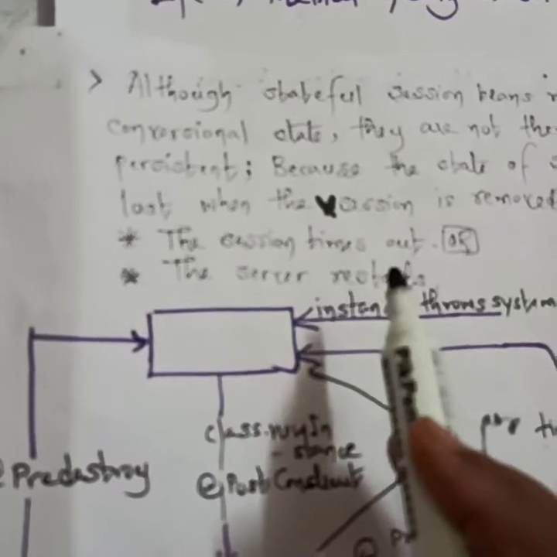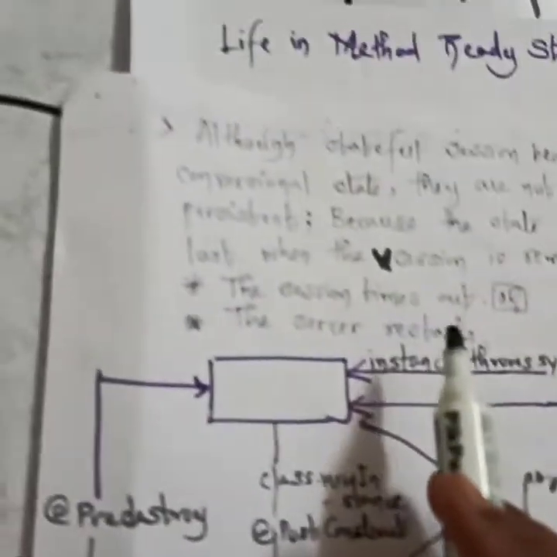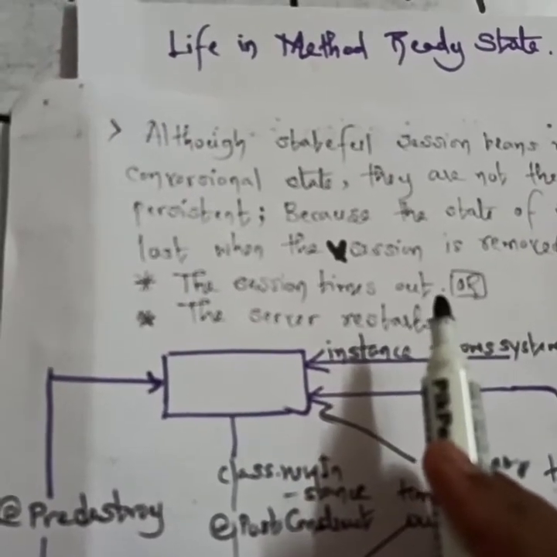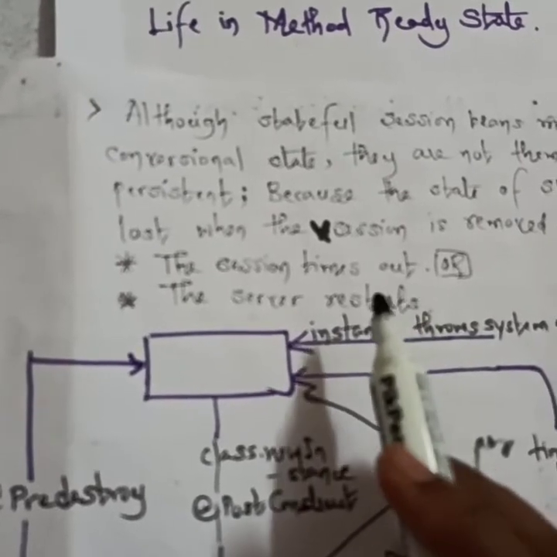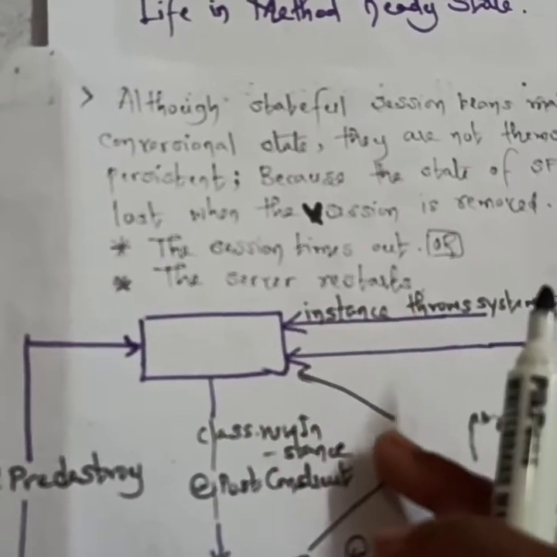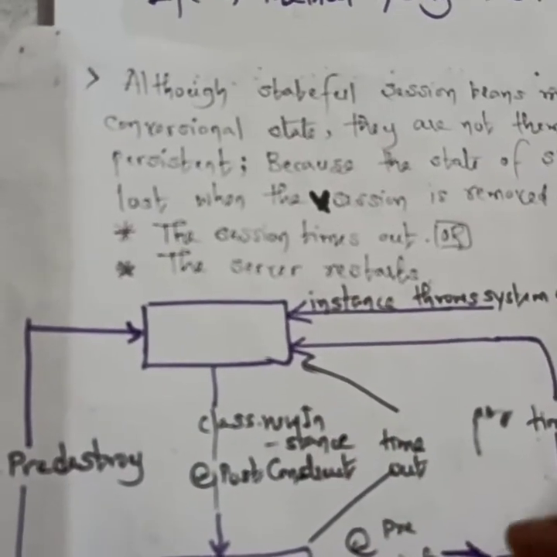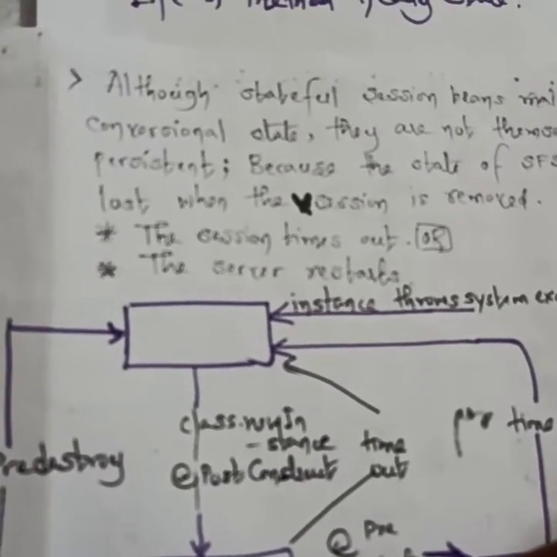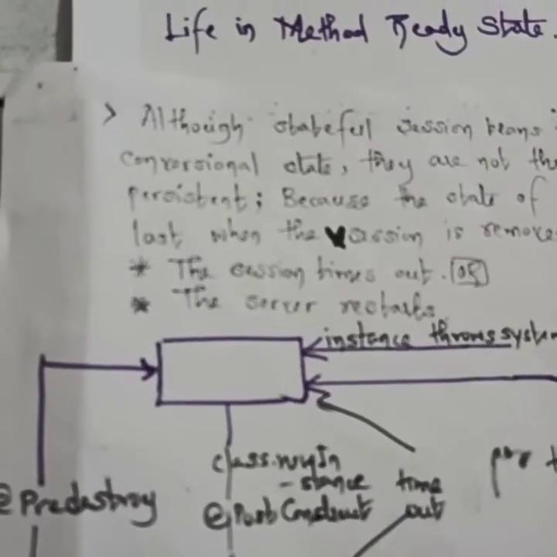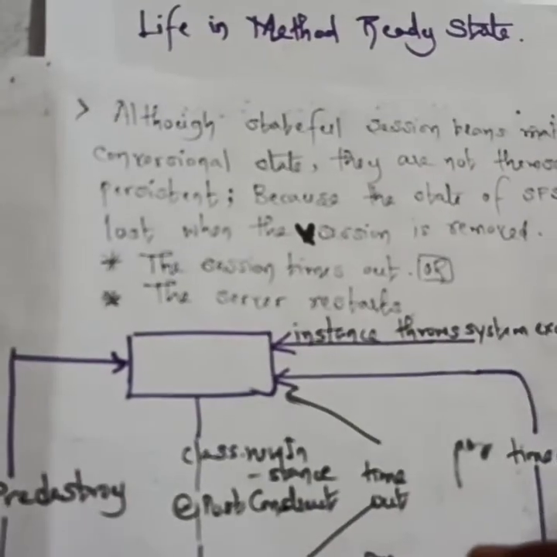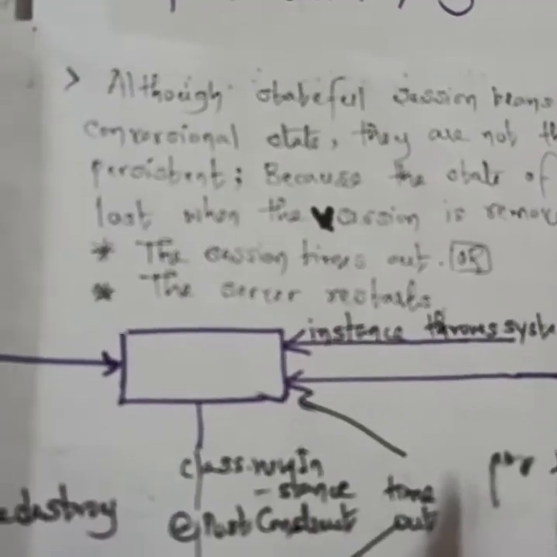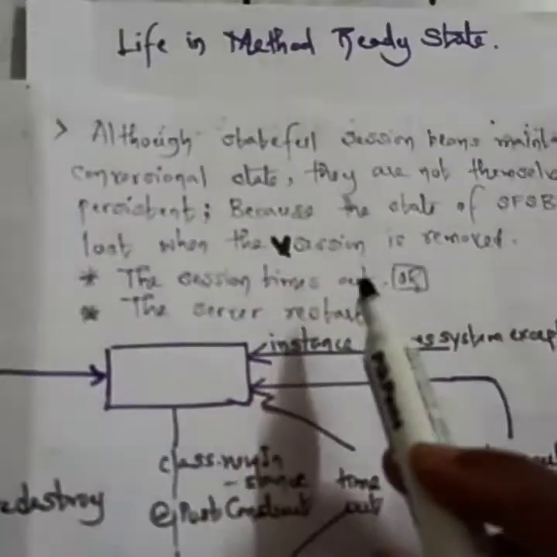Next is when a session times out. In that case also, the stateful session bean is not able to maintain the conversational state. Timeout means, if you consider an online shop for example, they set some inbuilt alarm for only a particular duration of time. Whatever items the client added are kept in the cart only for that period, and when that period is reached, the online shopping software automatically removes the items. This is a session timeout example.